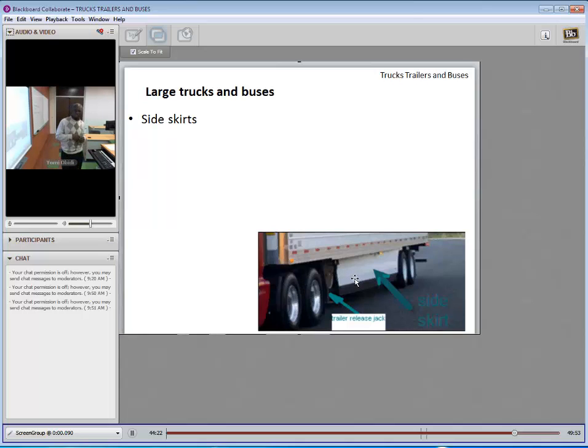Most of the designs for the side skirts, this is the vehicle going forward this way. To fit the aerodynamic requirement, the side skirts should actually be wider in the front and narrower in the back,